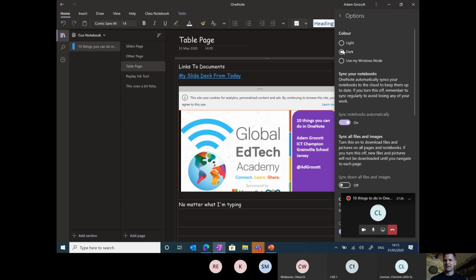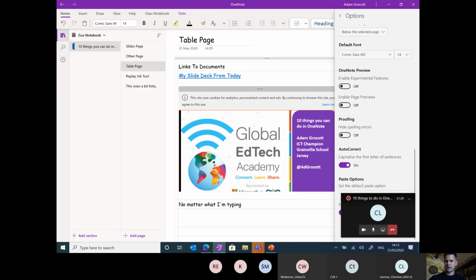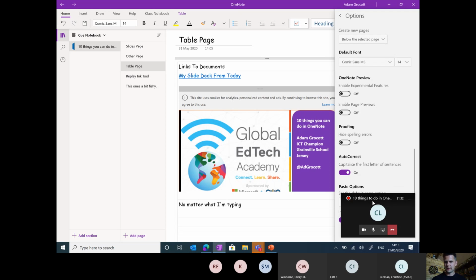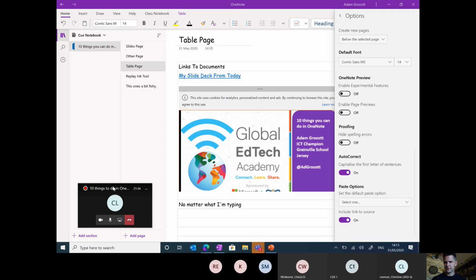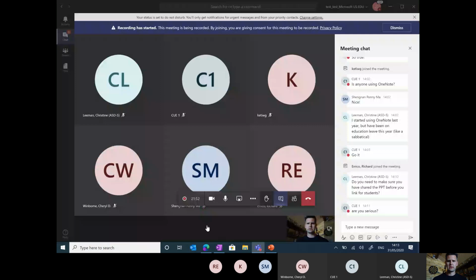And what I want to show you is where you can put your brand new pages that you put in. So that is down here. I've got paste options that I can put down there, and at the top here, that's where I create my new pages. Every time I create a new page, I can put it to the top of my list, or I can put it to the bottom of my list, or I can put it below the page that I'm working on. So you'll see that here now. I'm currently on table page because mine goes below the selected page that I'm working on, but just because chances